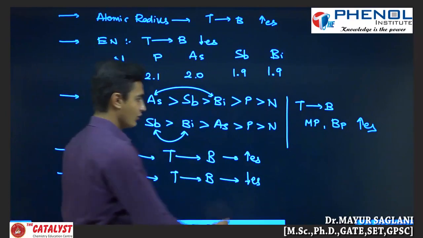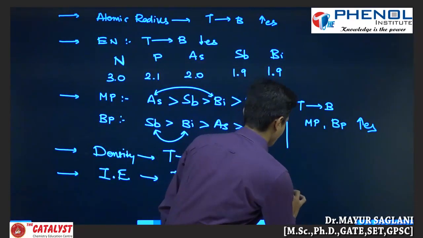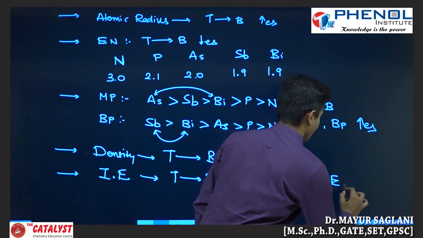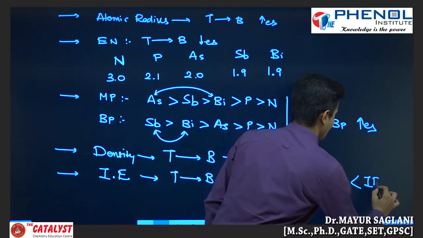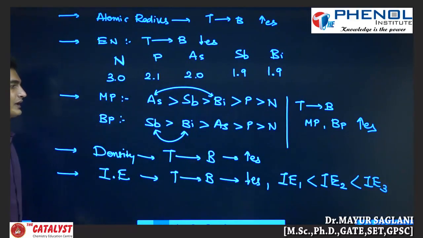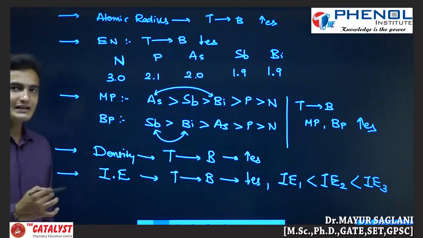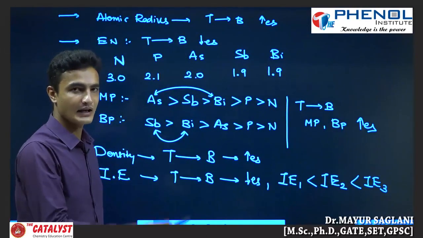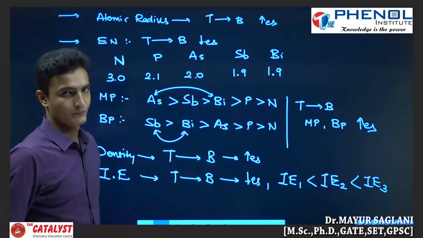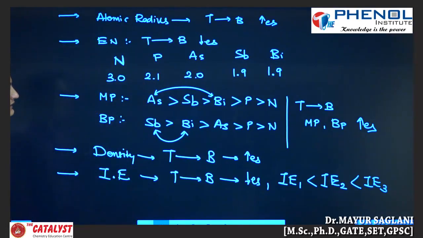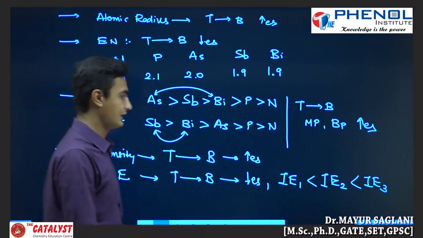And we know that for any element, ionization enthalpy number 1, ionization enthalpy number 2, ionization enthalpy number 3, the value of ionization enthalpy gradually increases whenever you move from the first ionization enthalpy to the second and the second to the third. Fine. So these are the basic periodic properties, you can say. Fine. Next we will see